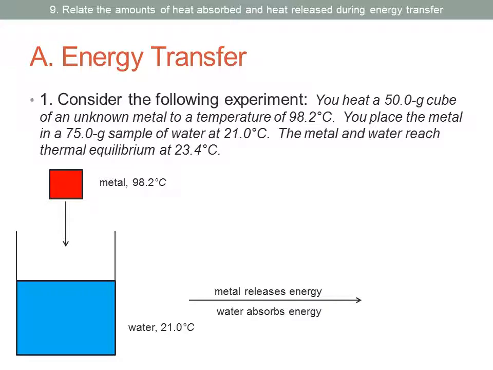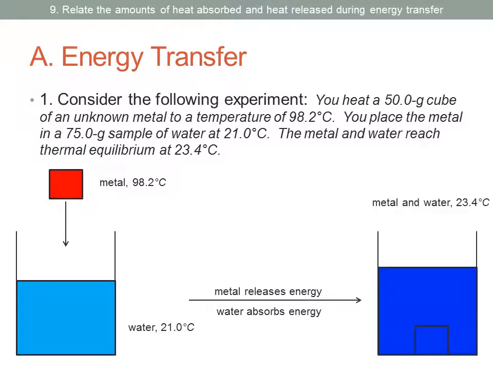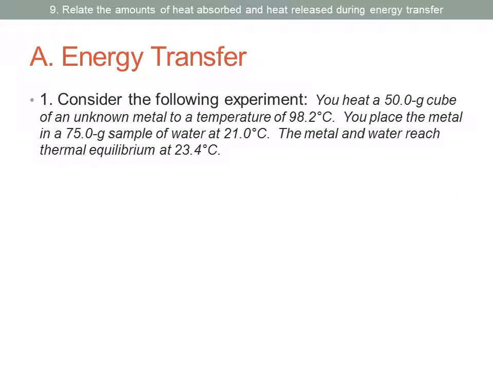Well, when this happens, the metal is going to release energy or lose energy, whereas the water is going to gain that energy or absorb the energy. And this will continue to happen until they reach thermal equilibrium at, in this case, 23.4 degrees Celsius. If we were to calculate the heat of the metal, actually we wouldn't be able to do that because we